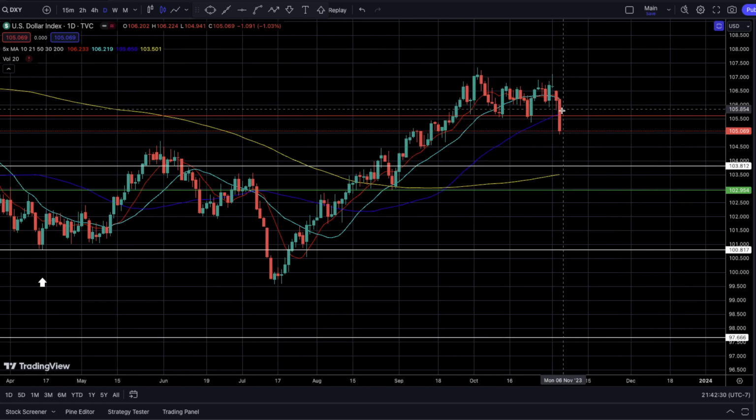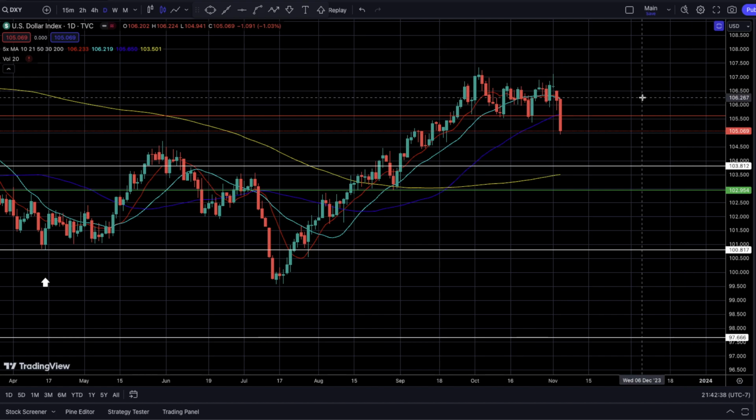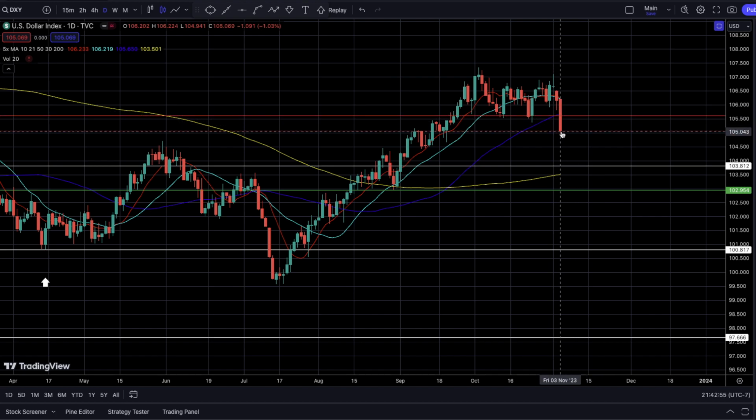Now, the only thing is, when we decide to break below a major SMA, we tend to snap right back to it. I've mentioned this multiple times, so you should remember that. It doesn't depend on whether it's an SMA or EMA. When the price breaks below whatever moving average you're looking at, it will snap right back to it to retest it, or quote unquote back test it. So that's what I'm expecting on the dollar, which means that if the dollar gets a bounce to retest the daily 50 SMA here, we can see the equity markets pulling back, which is exactly what we want. Okay, so everything's kind of lining up here.